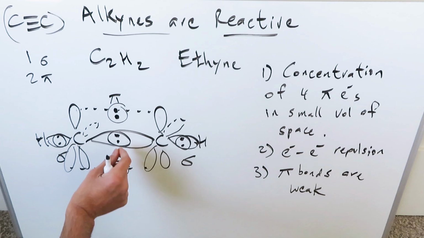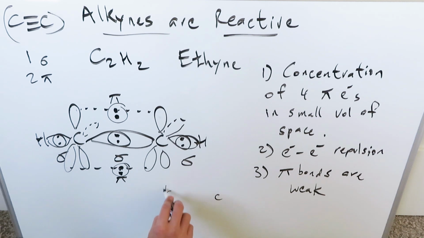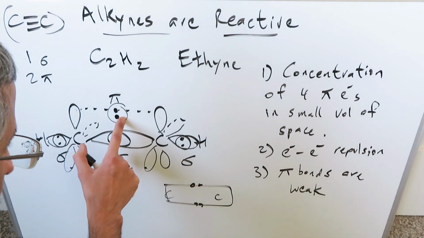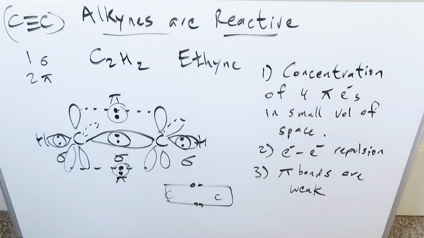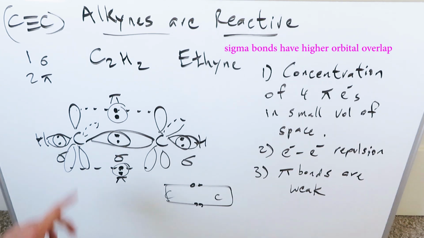We're not looking here at the sigma bond electrons, we're looking here only at the pi electrons. If you were to look at everything in terms of the carbon, you could say you have a cylindrical region of space in which you're looking at 4 electrons always present. In that region of space you have significant electron to electron pair repulsion. Point number 3, when you compare the sigma bond to the pi bonds, the pi bonds are weak because of the effect of the previous 2 points. The repulsion and the concentration lead to a significantly weaker pi bond versus a sigma bond,